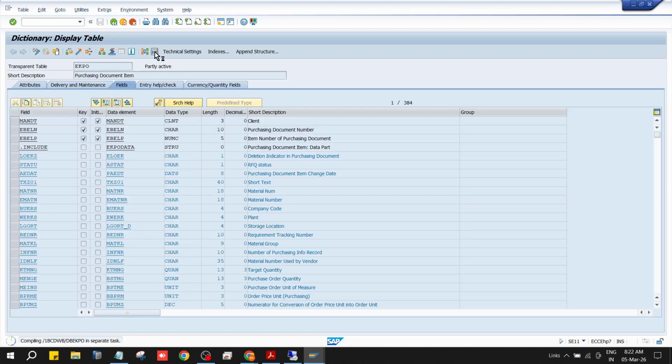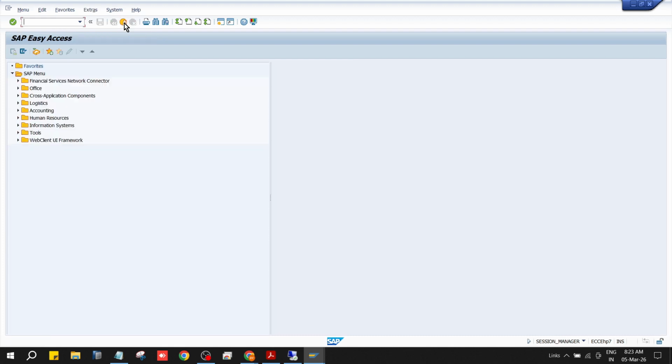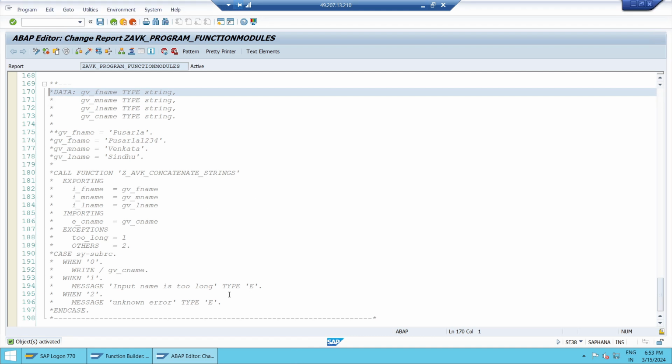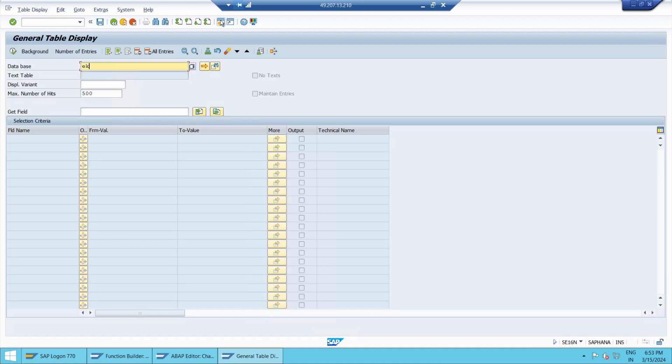So okay, inconsistency in the length of DDIC. Yeah, there is some. Here inside we will check inside the SE16N EKKO